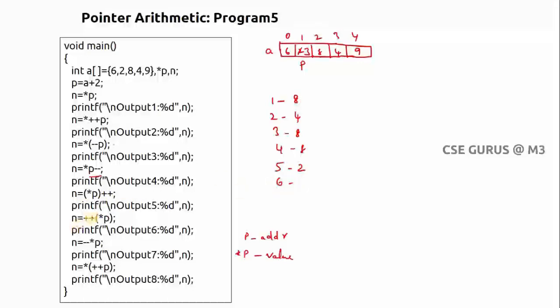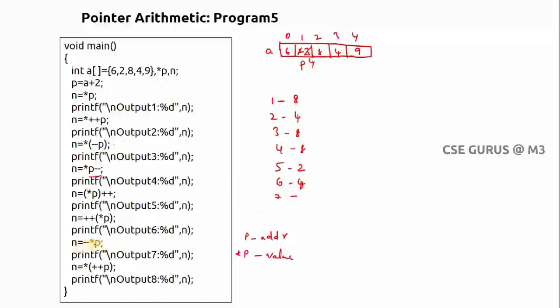Now coming to the output 6. ++*p. Now directly you can see only one operator is adjacent. No? So *p you can see. What is *p? The value inside p is 3. So now pre-increment. Pre-increment means first you need to increment, then only assign. So what is *p? 3. Now you need to increment. Is it address or value? Value, because you can see directly plus plus of this whole thing. So this whole thing is value, that is 3. Now 3 can be incremented to 4. Now this 4 can be assigned to n. So output 6 is 4. So the n value is 4, that will be assigned.